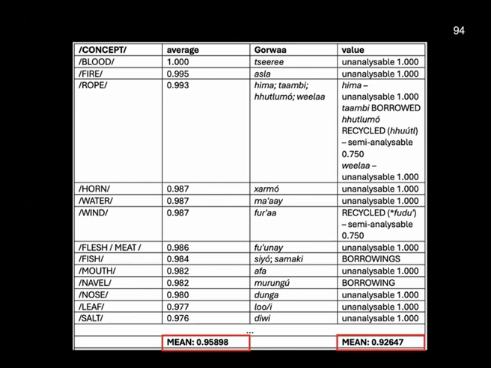So what can be seen is that the Gorwaa value is lower than the worldwide sample from Tadmor et al. 2010. This would suggest that Gorwaa actually makes use of this root recycling strategy rather more frequently than most languages of the world. Now, it may just also mean that Gorwaa is better placed for these kinds of studies